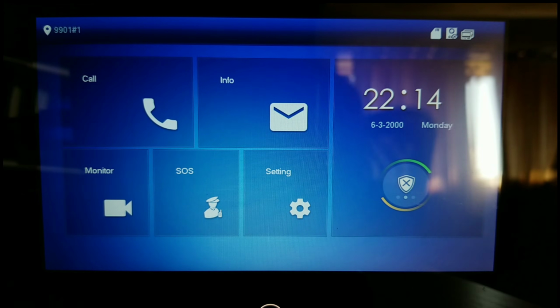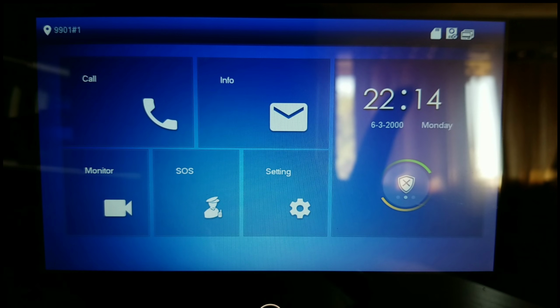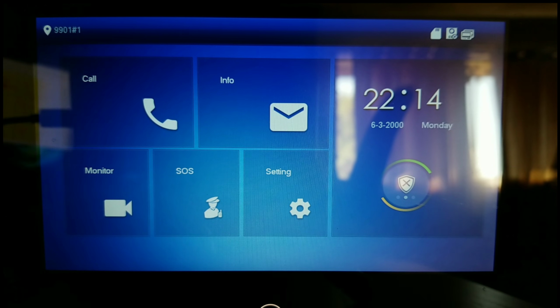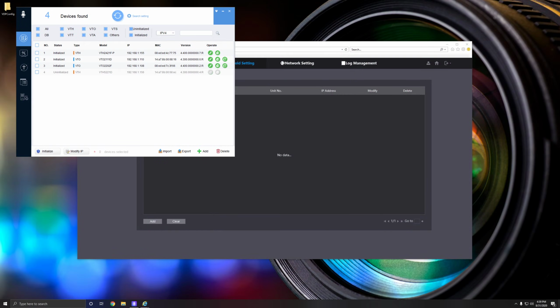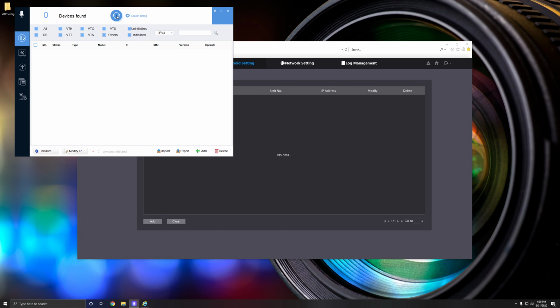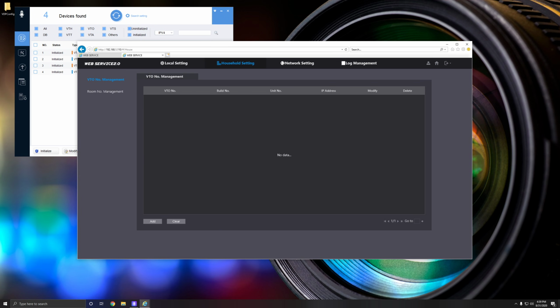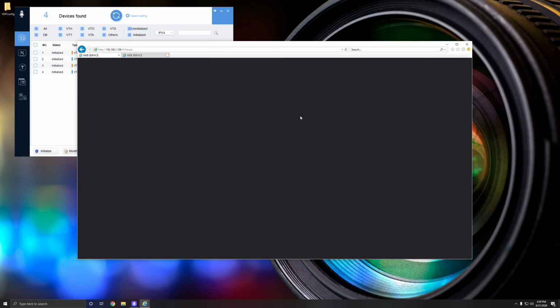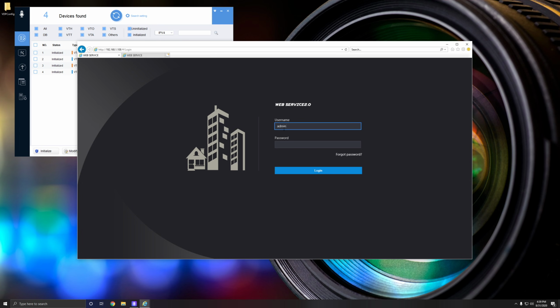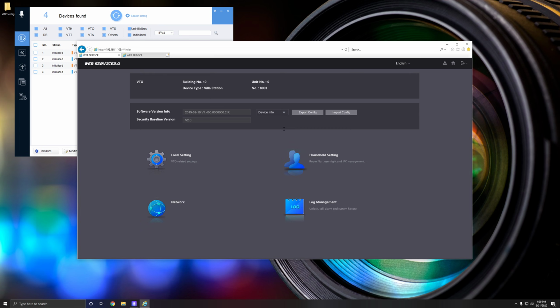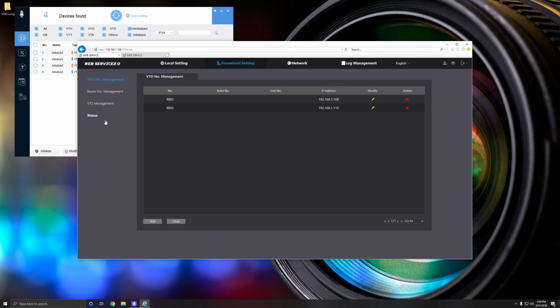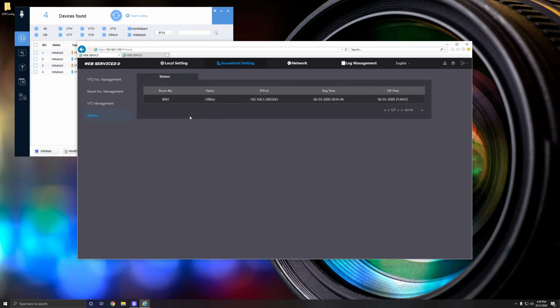So we're going to go over to the master VTO. So we're going to refresh this, make sure that everything's set up okay. And here, I'm going to refresh the page. And we're going to see why they're not talking. Okay, so the one way to troubleshoot everything is go to status and see if stuff is online. If you see nothing here, one good indication is maybe the settings didn't take effect, so we need to do